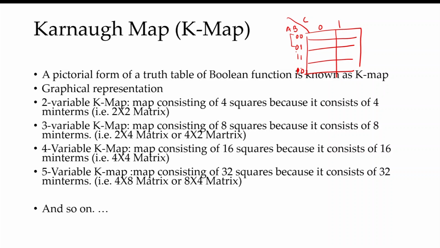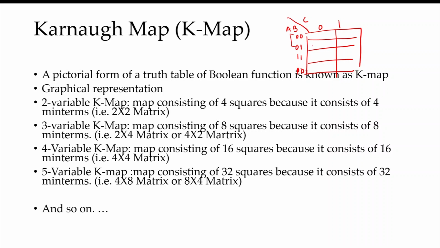Here 0 1 and 1 1, only this bit is constant and only this bit is different, only a single bit is different. And when this is 1 1 1 0, this 1 is fixed in both, but only this 0 is changed. This means when we compare this row from this row, we can say that both rows are adjacent to each other.